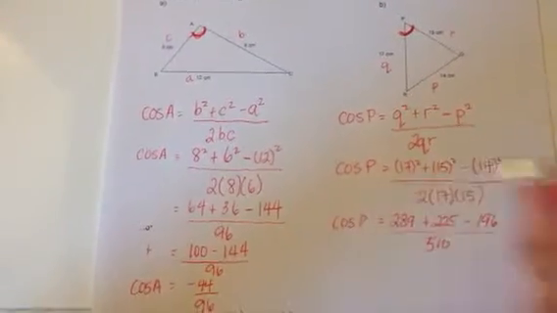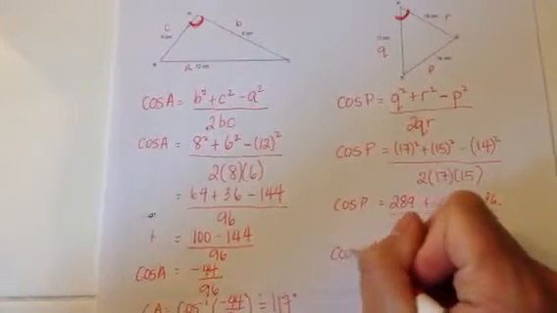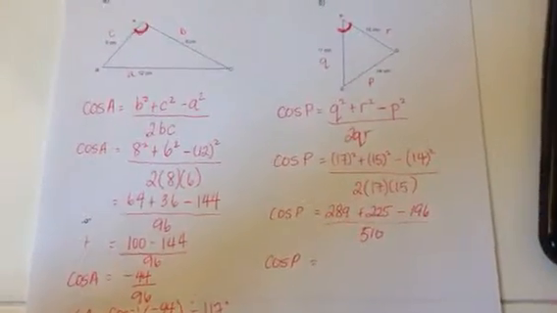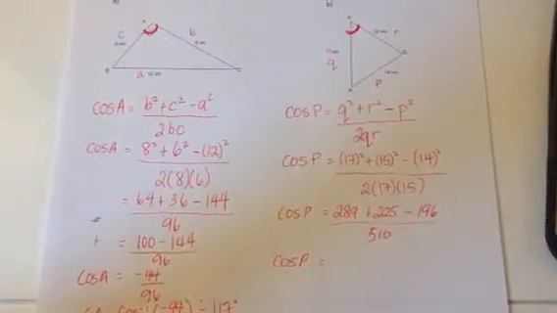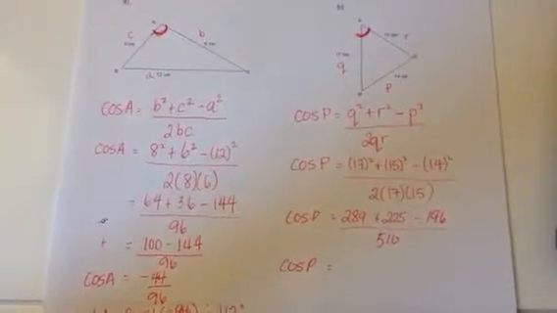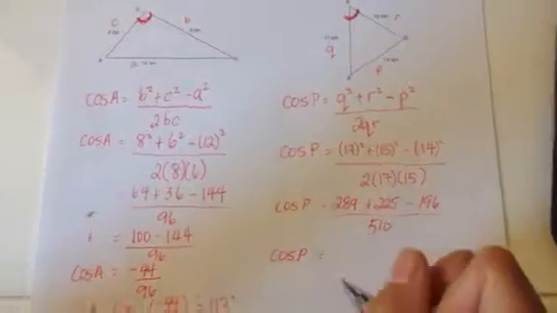Equal to cos P. Okay, so cos P is equal to, so 289 plus 225 minus 196 is 318